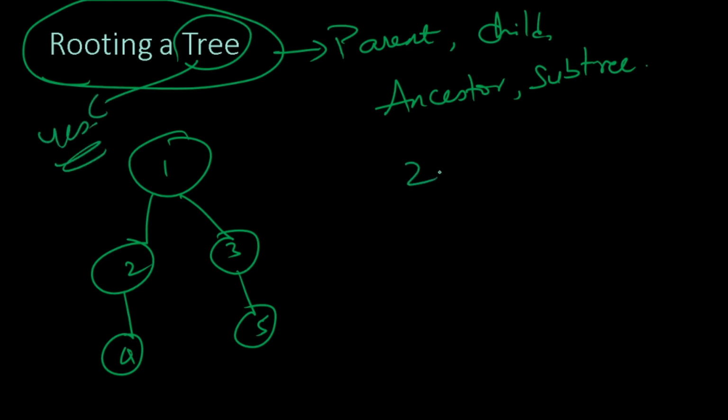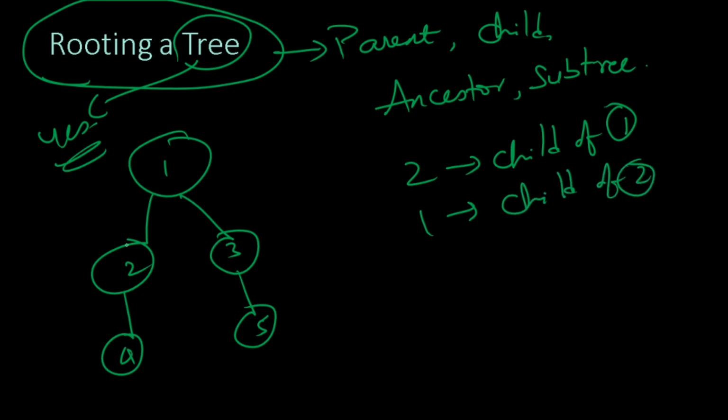But is 2 a child of 1? Yes, 2 is a child of 1. Is 1 a child of 2? Actually, 1 also can be a child of 2. Why? Because from 2 it is possible to get to 1, and from 1 it is possible to get to 2. But when we root a tree, we will define 1 as the ancestor, the ancestral parent,